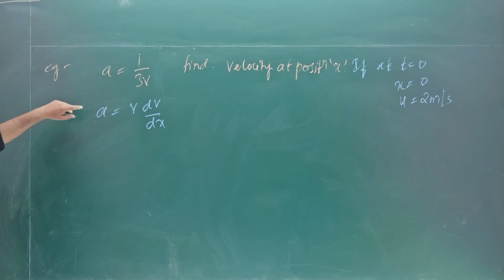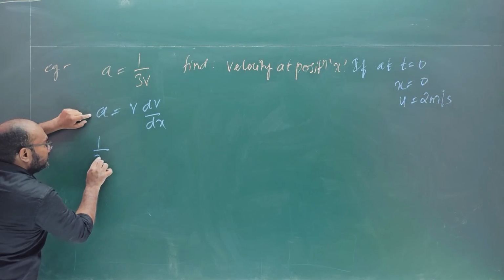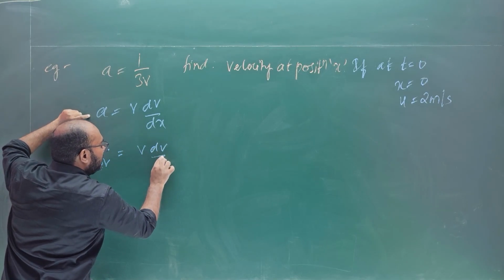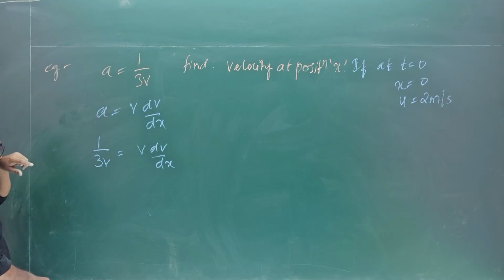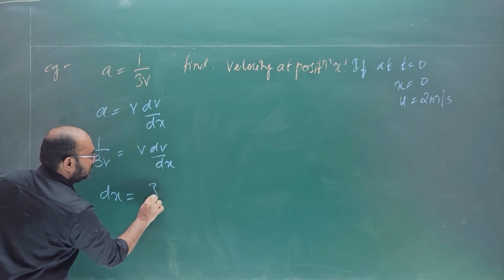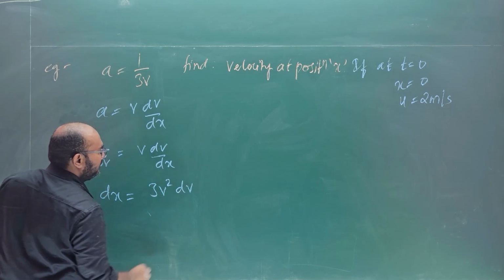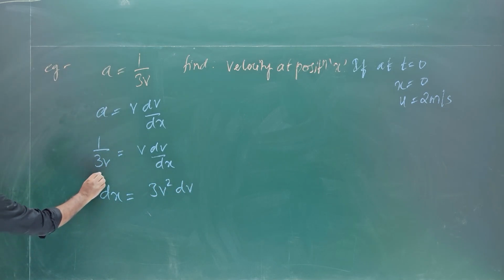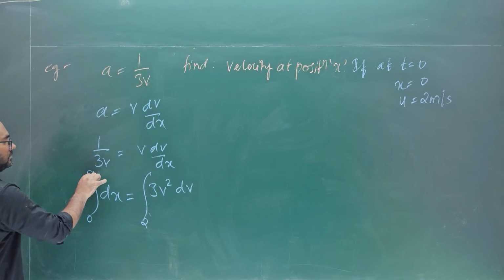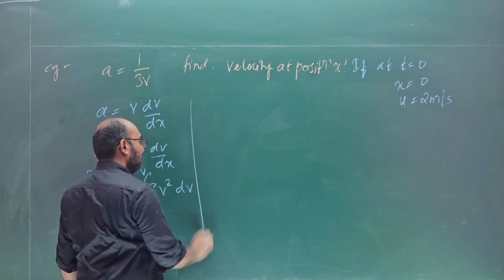Now a is given as 1 upon 3v, which is equal to v dv upon dx, or dx can be written as this, and this can be multiplied, so 3v square dv. Integrating this, at x equal to 0, u is 2, at x equal to x, we don't know v. So now,